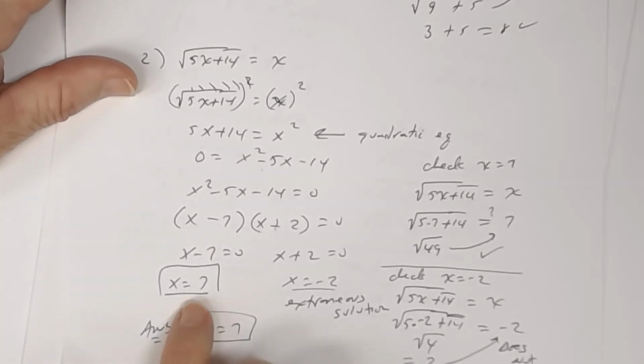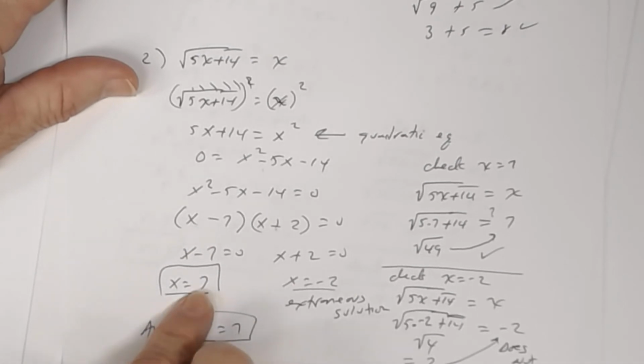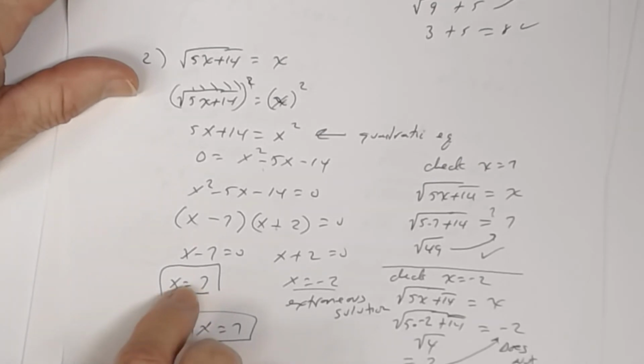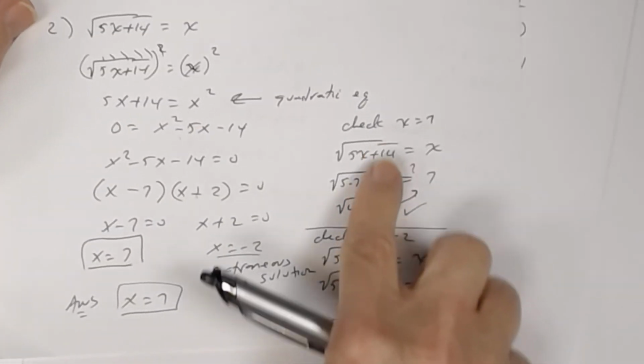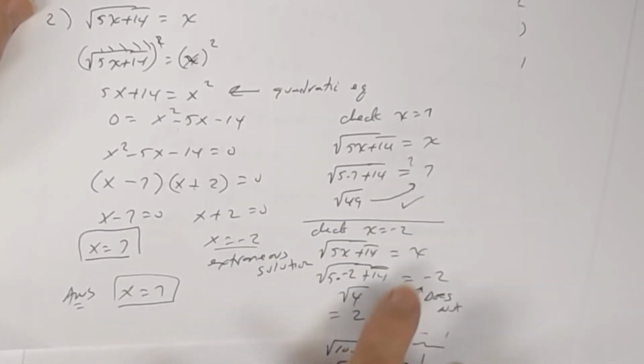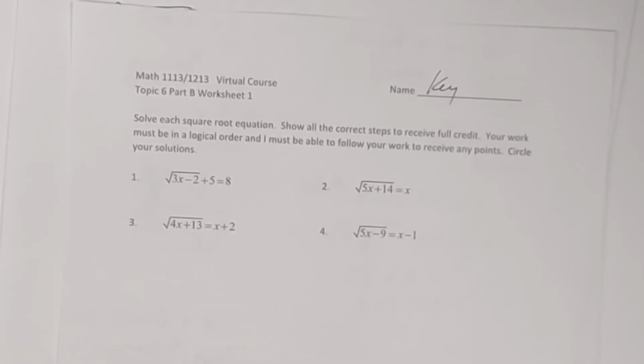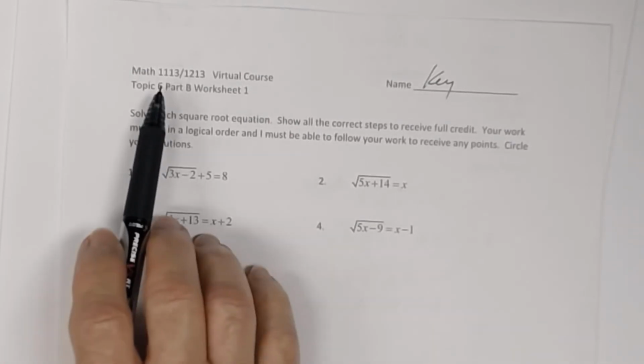Okay, same thing with positives. It turned out in these problems that the positives were solutions. They were not extraneous. It could be in some other problems that a positive value for x is the false solution. Okay, so that's why you have to check. You must check. Okay, so that is going to take care of the key to the worksheet on topic 6,